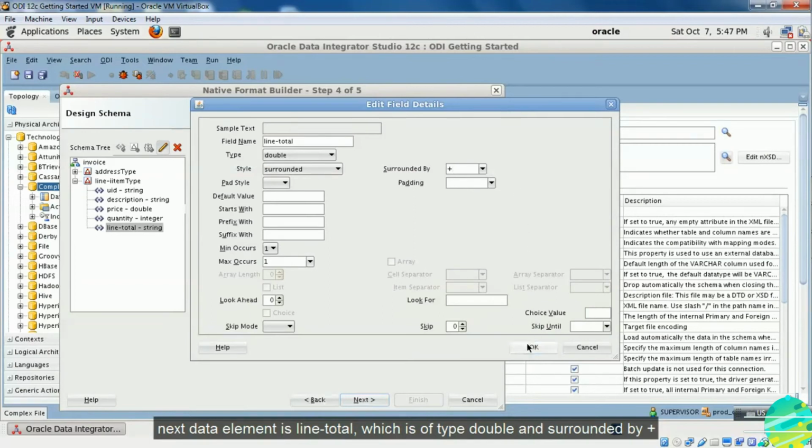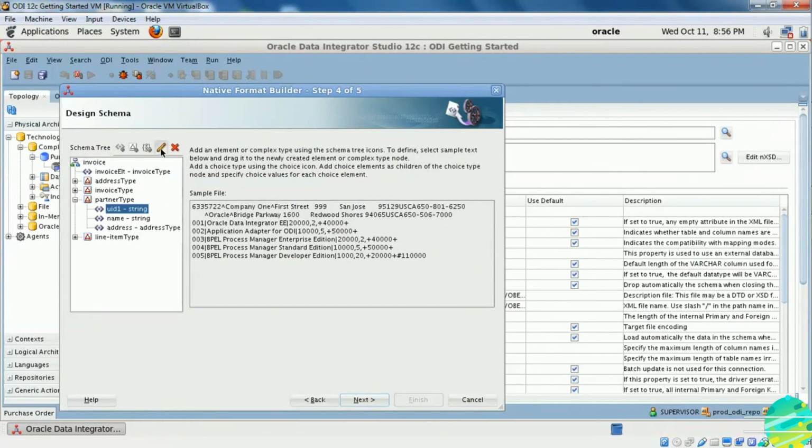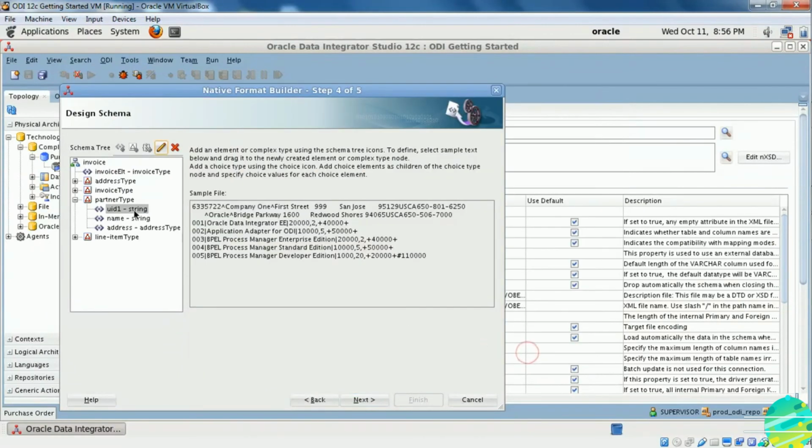This one completes the item type. Let's create partner type. Partner type has first field unique identification number, which is fixed length with 7 characters.